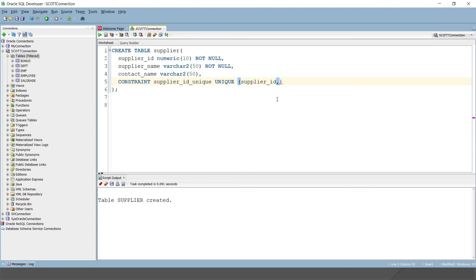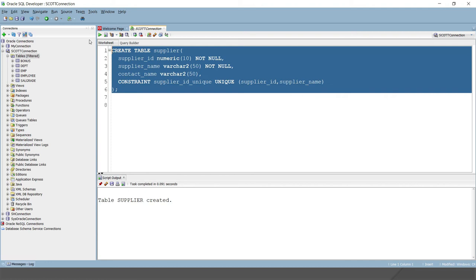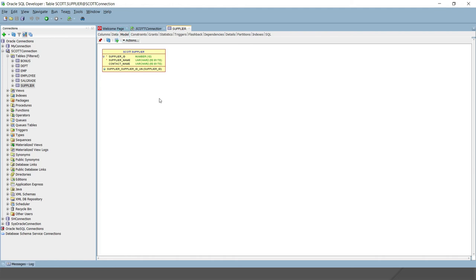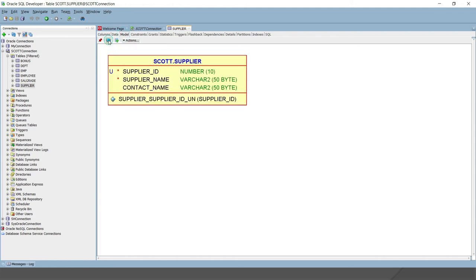If you want to apply a unique constraint on many columns, like supplier ID and supplier name, then you can give something like this, right? And if I run this, then the table has been created. If I go and refresh my connection, and go to the model, let me refresh this one.